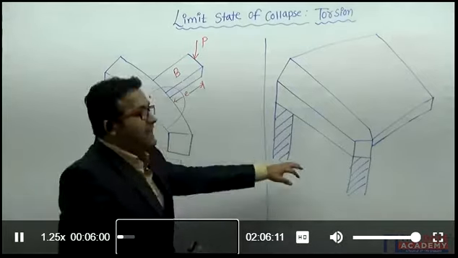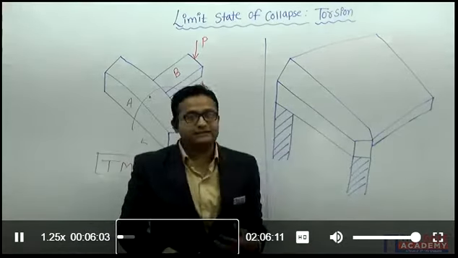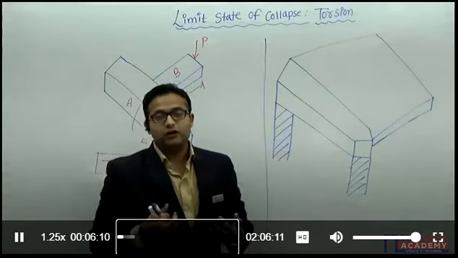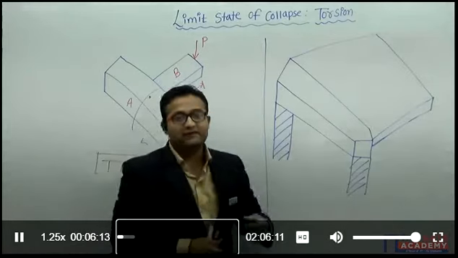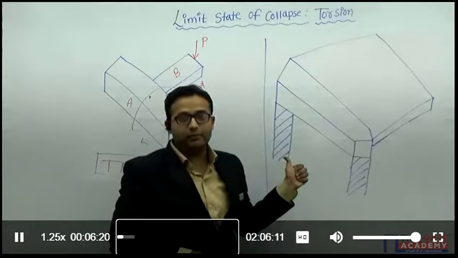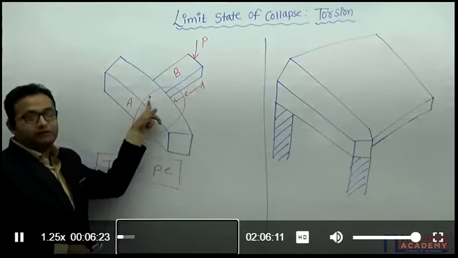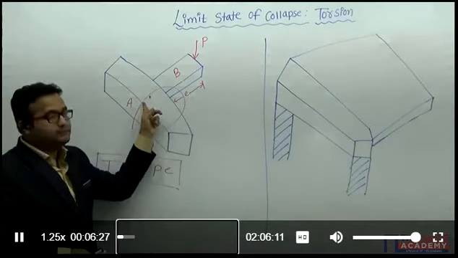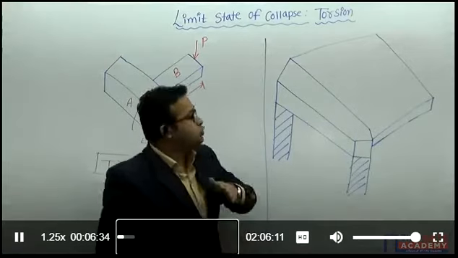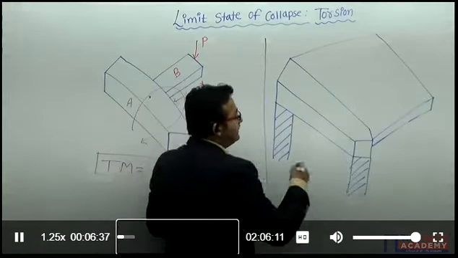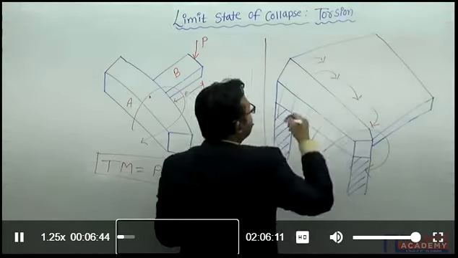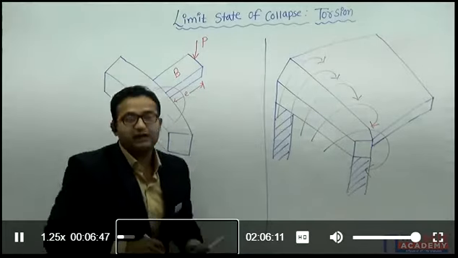But if I talk about this case where it is a cantilever slab we have provided, generally we provide the cantilever slab for the balcony in our buildings. In the multi-story buildings, you people have seen the balconies are generally the cantilever slabs. So the beam provided with the balcony is getting the same problem. Here I was getting the torsional moment at the particular node. Node means at this junction of these two beams. But here you can see the complete slab will be applying the uniform torsion throughout the span of the beam. So here I am getting the torsional moment everywhere along the span of the beam.